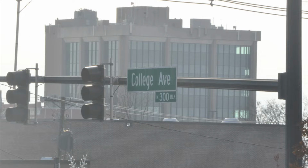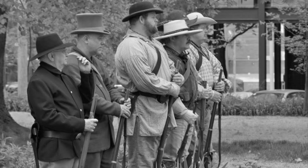He was an engineer. Here at College Avenue now, where this road intersects, was where the front part of the federal troops were, with the Confederates coming up against them. The other part of the Union ambush was right here in this yard. They were the L-shaped part of it. So when the Confederates came up and hit this line,